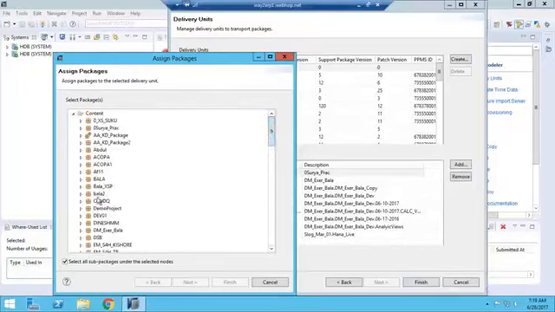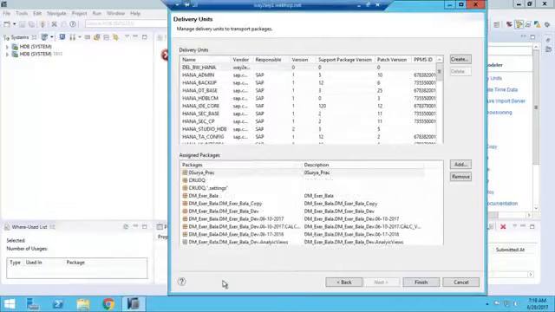Finish. Once you add the packages to the delivery unit, that delivery unit can be uploaded and downloaded. From one system, you can import and export the delivery unit. That is the concept.